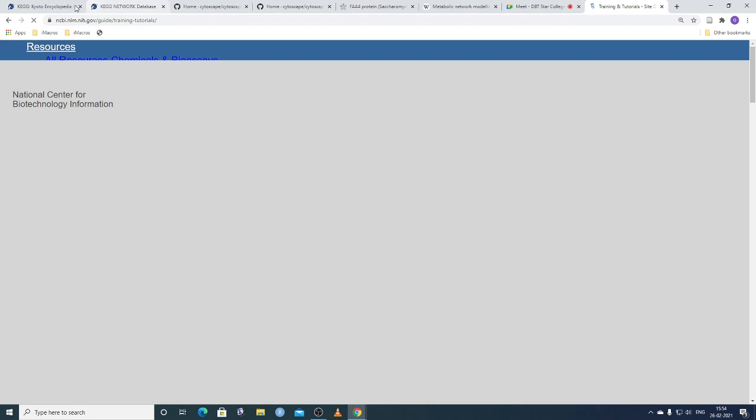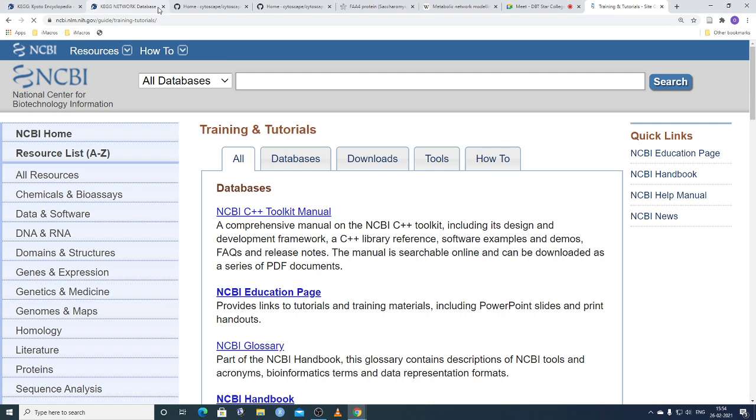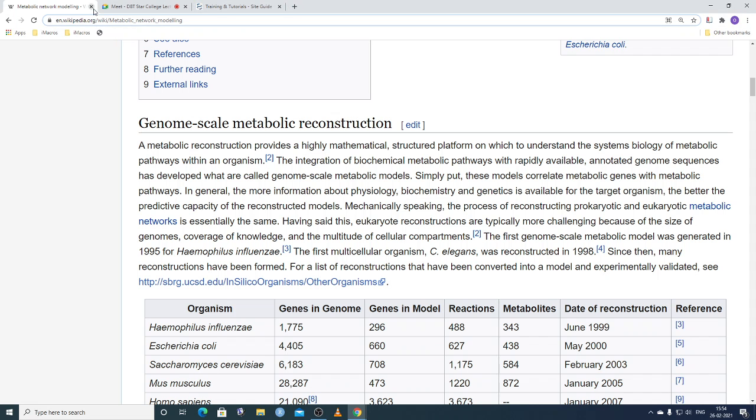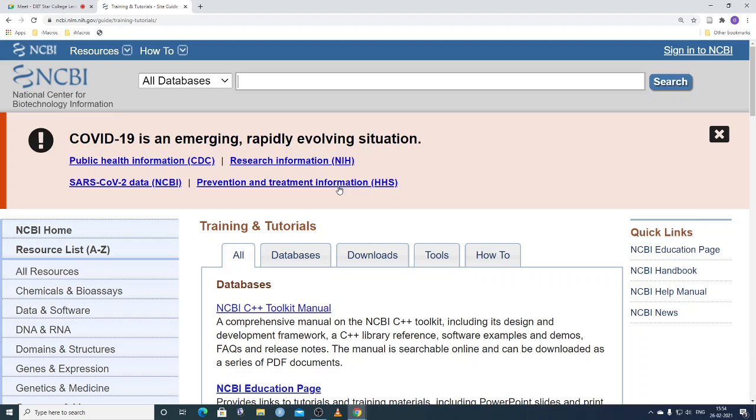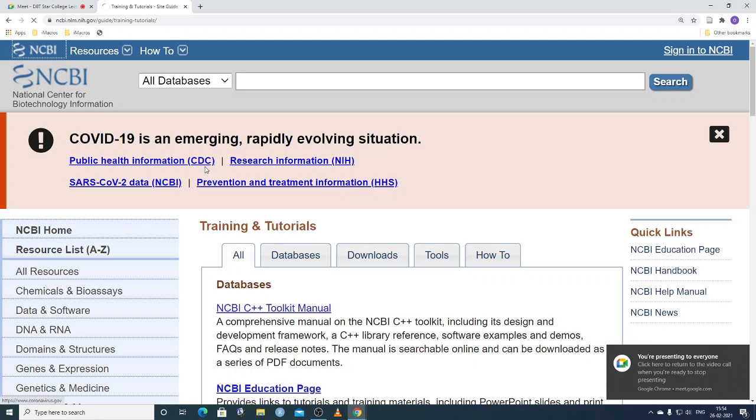Let us see NCBI in short. So what is NCBI and how is this analysis done? So this is the National Center for Biotechnology Information, and this is